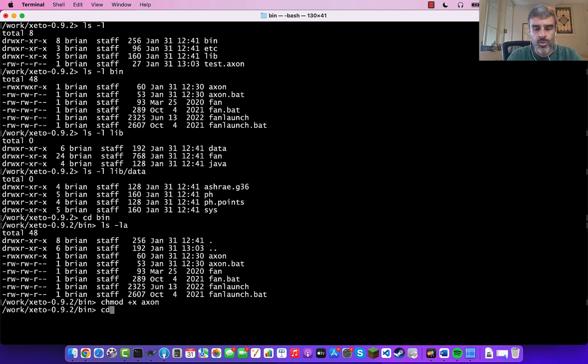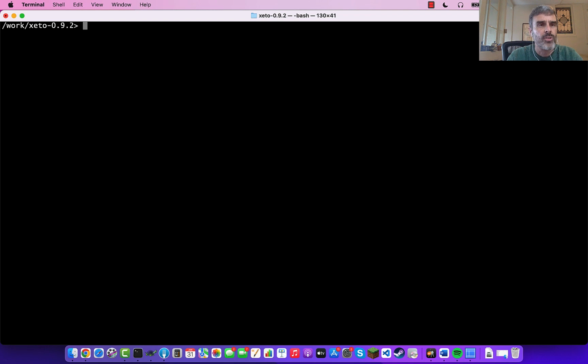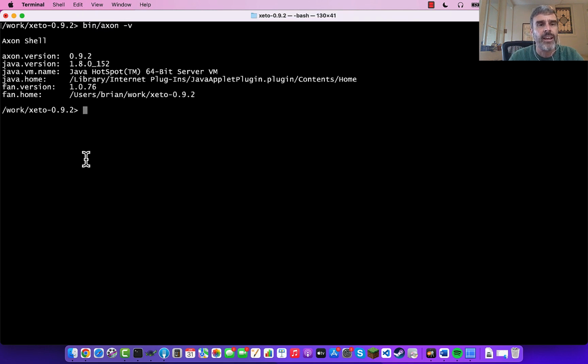And once we're all set up, you should be able to run bin/axon -v, and you'll see the basic version information. So you do need Java installed to run this, and this is sort of the first step to make sure you've got things installed. Now, if you want color coding, there's one more other thing you need to do, and that is